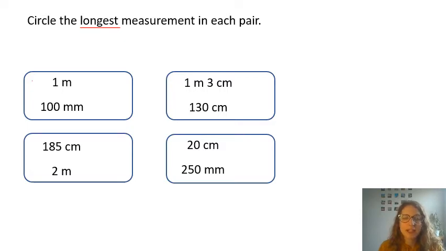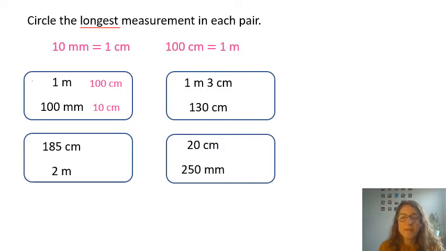Okay, so let's look at then at our first set. So remembering that 10 millimetres is 1 centimetre, and 100 centimetres is 1 metre to help us. So 1 metre, we can change it across and we can see that 100, okay, so we converted them both to centimetres here, 1 metre to 100 centimetres, 100 millimetres is only 10 centimetres, so 1 metre, sorry, is our